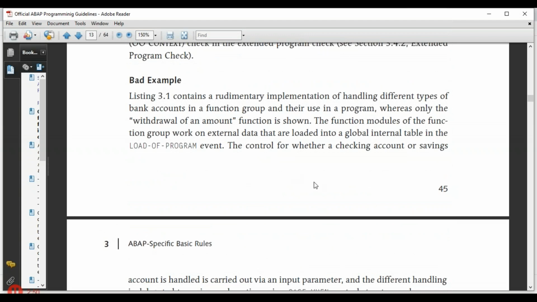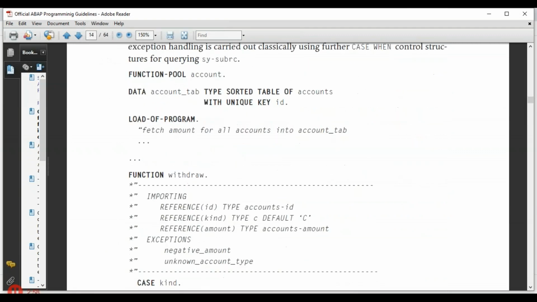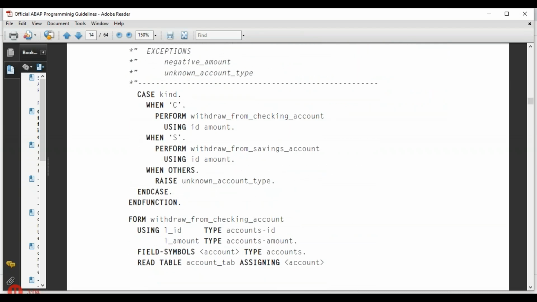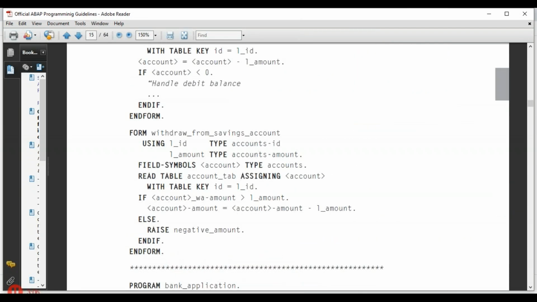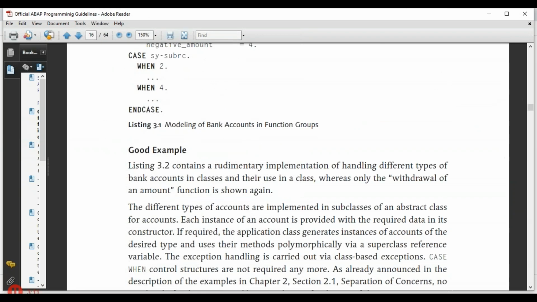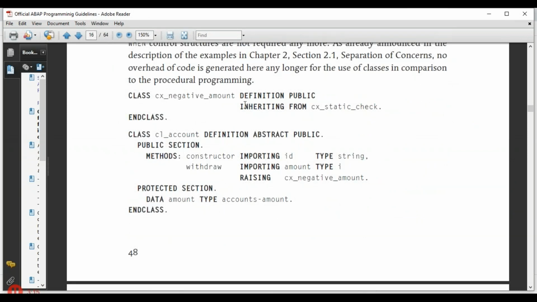So as I told you, the one event which we don't call and by default it will get triggered is the load of program. So this is how we have to follow it. Definition public, inheriting from,